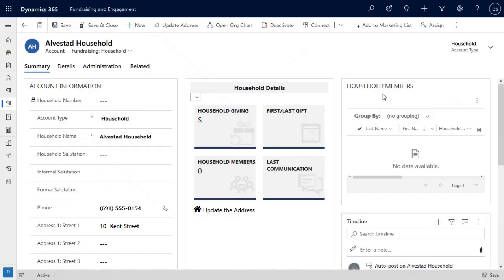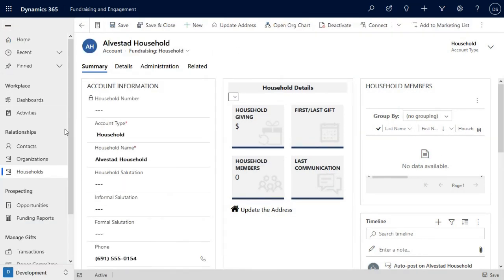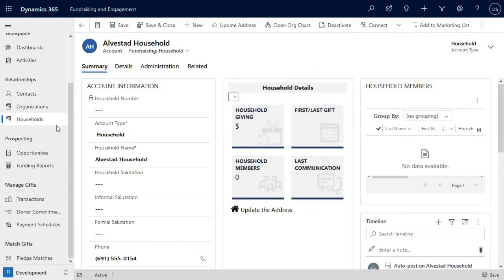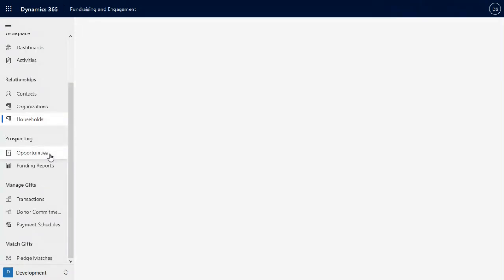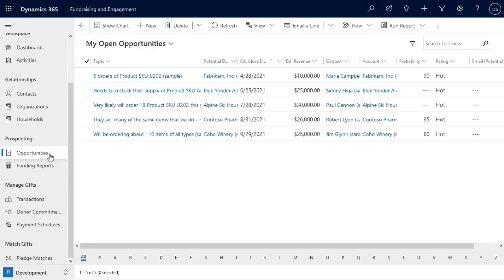I'll take you to the CRM on Dynamics 365 platform again. And we saw how these things work in relationships. Then for growing the donor cycle, what do we mean by growing? We mean that you can help yourself prospect better with your prospects. So you will be able to see that